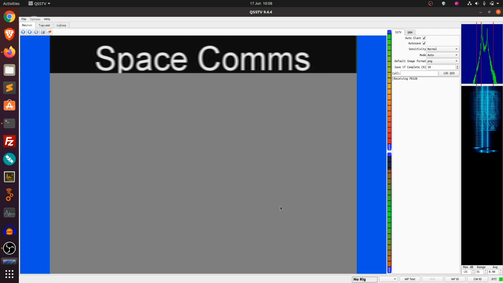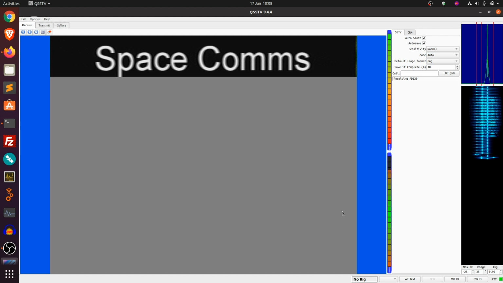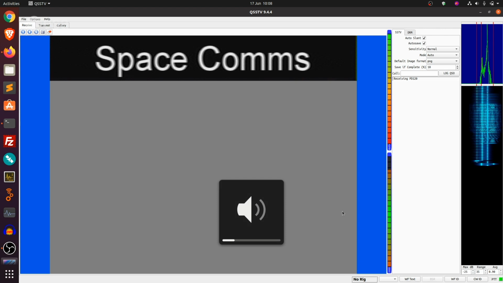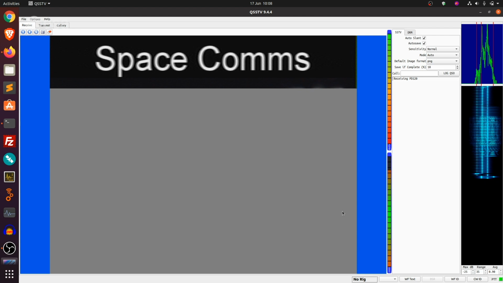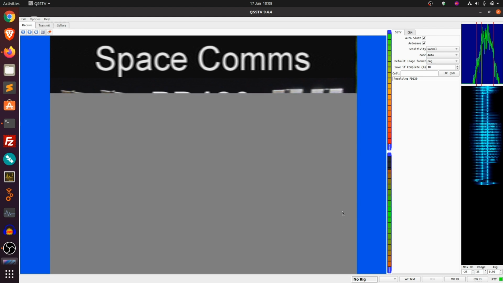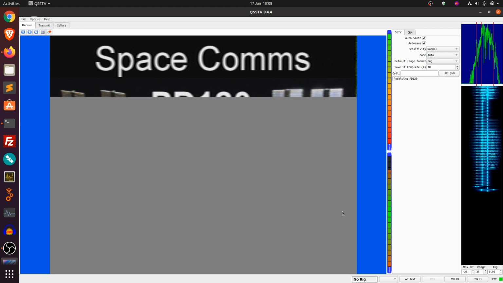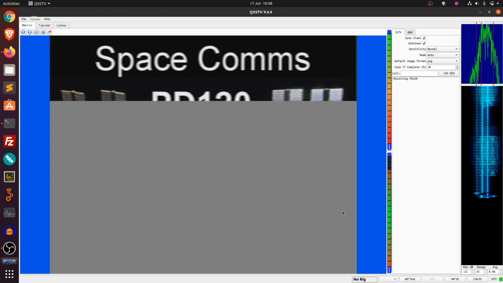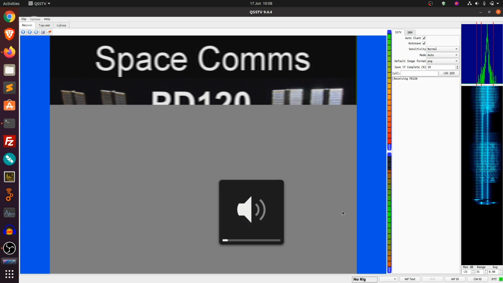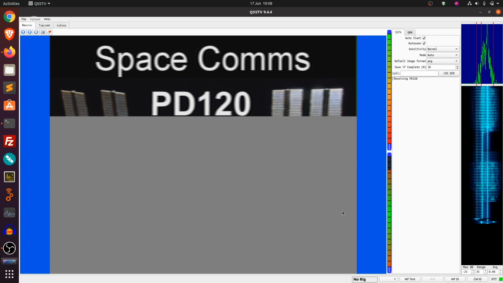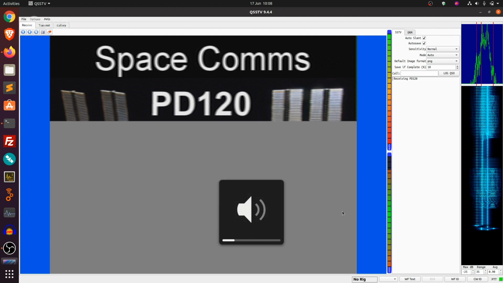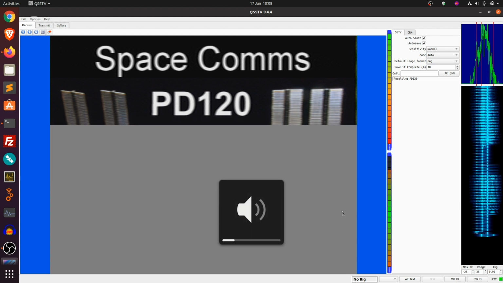Now what's important to know here is that you can turn the volume up or down as you like. That does not influence the volume of the received audio in the QSSTV program, but you cannot turn the audio all the way off. If you turn your master volume all the way down to 0, it will also be turned off here, and you will not be receiving any image. So you can turn it almost all the way down, but not all the way.